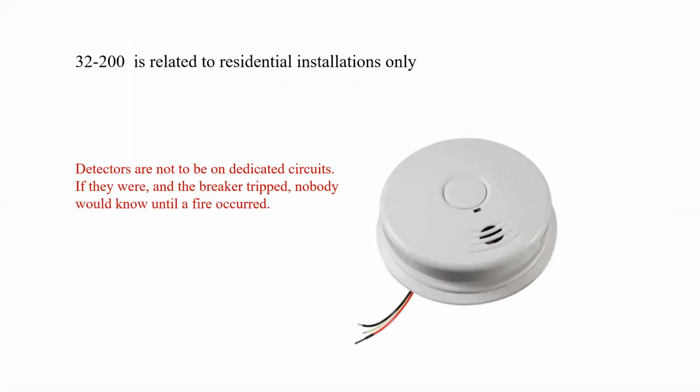Now, 32200 is related to residential installations only, and the smoke and carbon monoxide detectors we're looking at are the hardwired variety. Now, these detectors are not to be on dedicated circuits, which is a little bit different when compared to a fire alarm panel. And the reason for that is if they were and the breaker had tripped, nobody in a